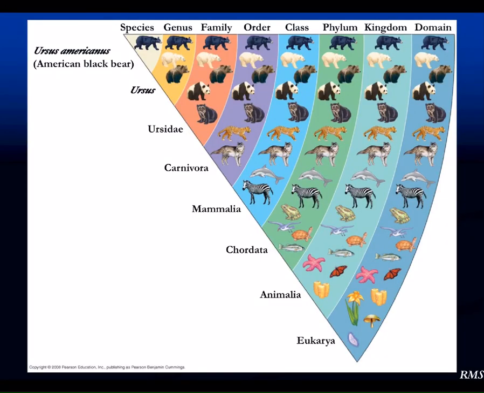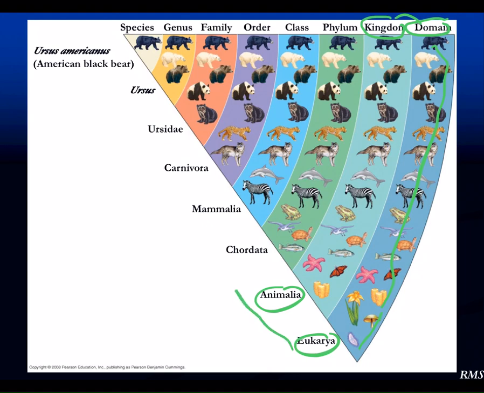So if we take an example, first of all, you have a domain. The domain in this case is Eukarya, and Eukarya is everything that's made out of eukaryotic cells. And that includes protists, fungus, plants, and all kinds of animals. But that domain is a big category, which means if we want to narrow our options down, then let's take domain and break it up. That's going to be kingdom. So in this case, we're looking at the Animalia, which means just animals.